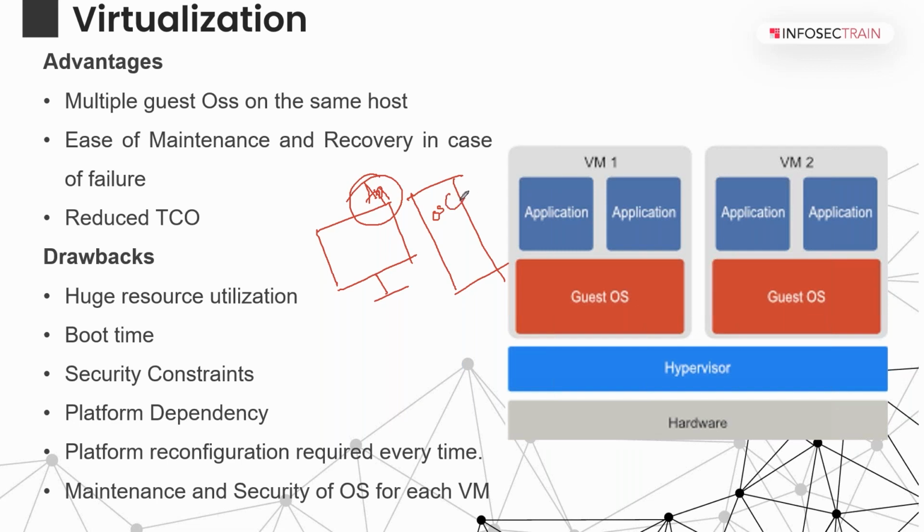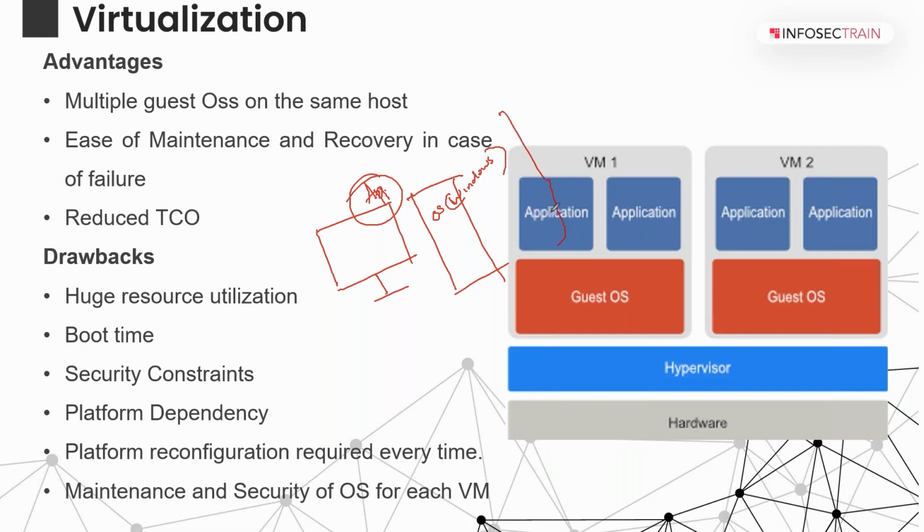I cannot install both of them simultaneously and work on both of them simultaneously, right? So I have to use either Windows or Linux or something like that. Let's say I have installed Windows on it. Once I install Windows, on top of it I first have to install the platform like PHP or Java or .NET or Node.js, and then I have to host my website. Like this, for every application, I have to deploy multiple servers.